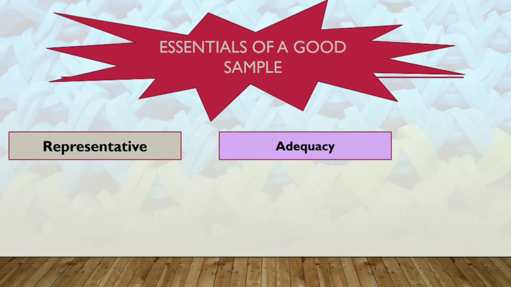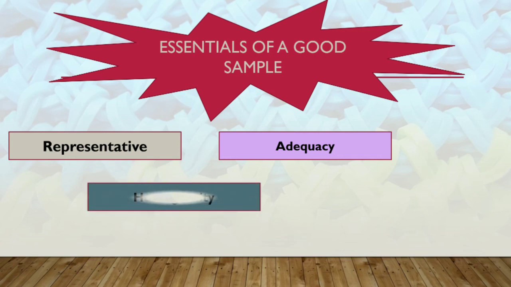Next is adequacy. In what sense we are saying the sample should be adequate? We are saying the sample size should be not too low or not too high. That means the number of items in a sample should be properly adequate. It should not be too much or too less. That means, let's say the population is 100, a sample of 10 people is enough. A sample of 2 people will be less than accurate, less than adequate. So third is homogeneity.